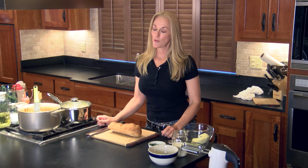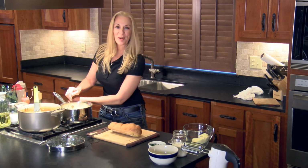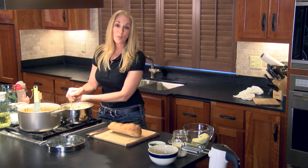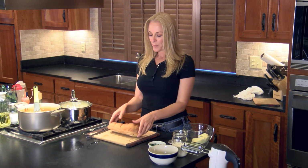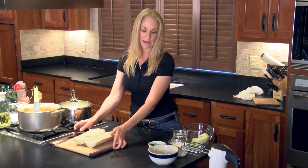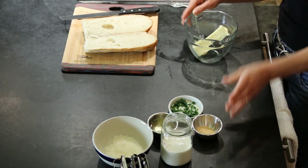Okay, it's time to fluff the rice and get ready to complete our meal with some garlic bread and some homemade whipped butter. Okay, what we're going to do is slice our bread. This is just a French bread. Let's just get our butter going now. Have a block of butter, garlic powder,